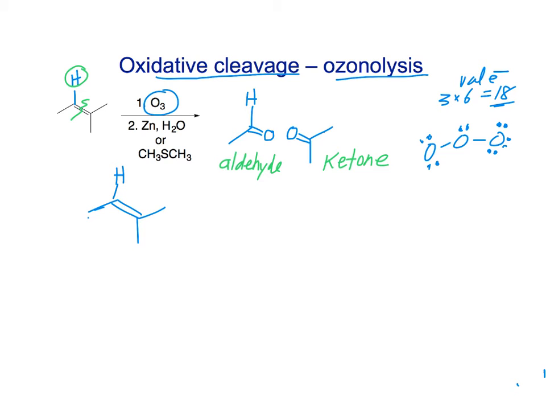Where can I put the last pair to have all of the oxygens have a full octet? Well, the one place I can put it is right here. All right. So now we know already that oxygen, if it has only a single bond and 3 pairs of non-bonding electrons, has a minus charge. And when an oxygen has 3 bonds to it and 1 non-bonding pair, it has a plus charge. All right, so ozone has this interesting structure where it's overall neutral, but it has a plus and a minus. So this reacts